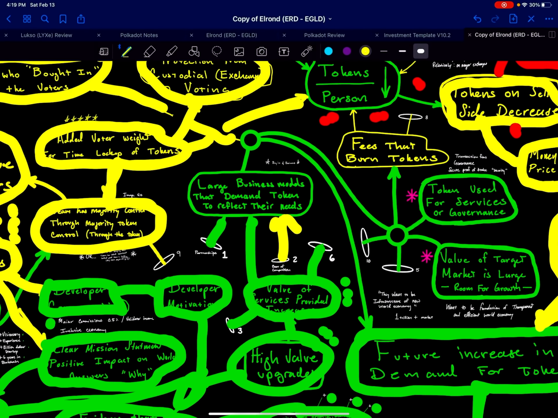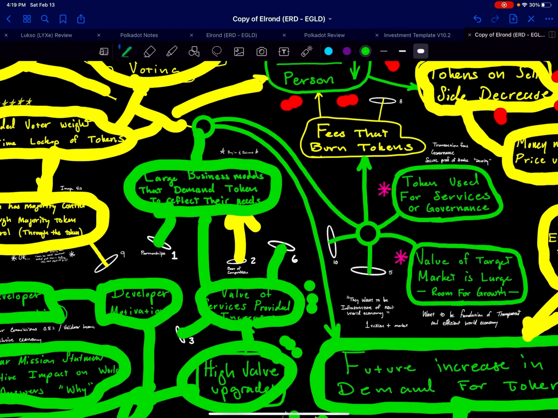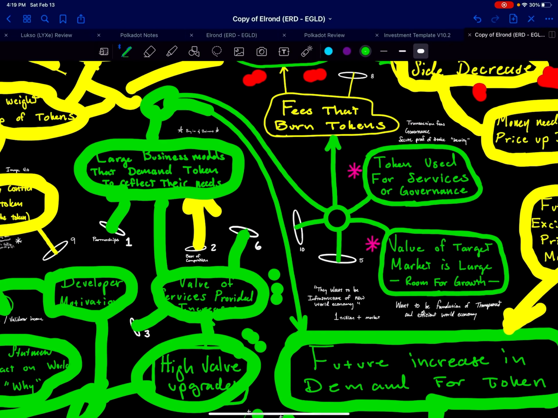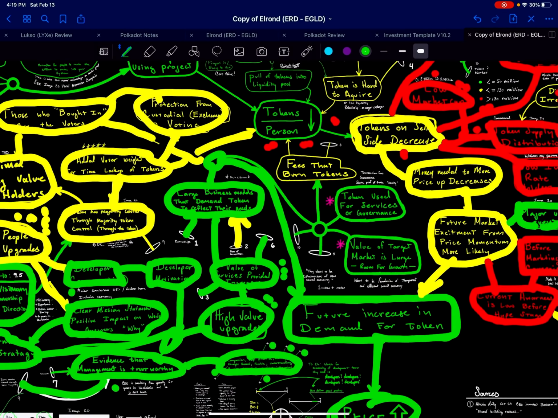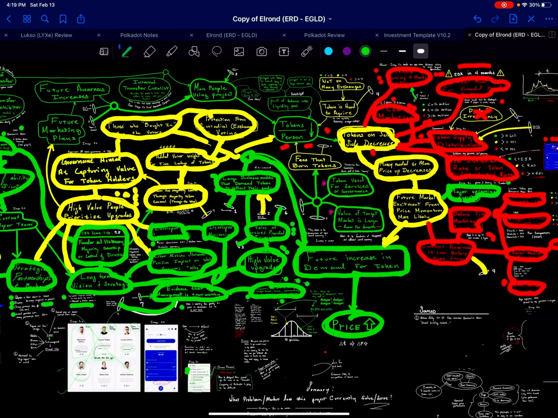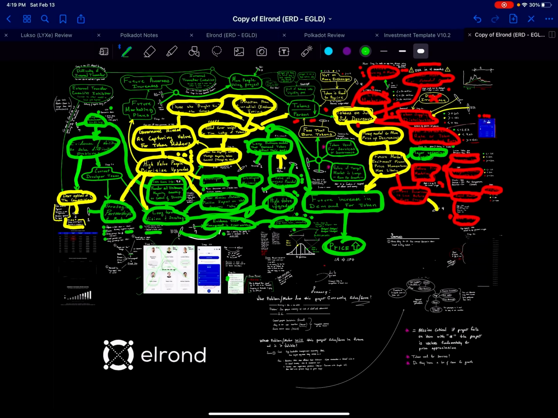As far as business demand goes, I do think that businesses will demand a token for staking and maybe using it for nodes or API nodes or whatever. But I do think there would be businesses that buy the token just to take part in the project or through business partnerships. So yeah, I'll just leave that at that.